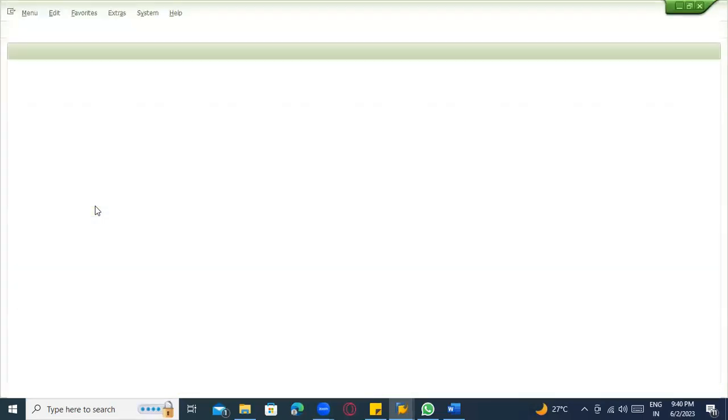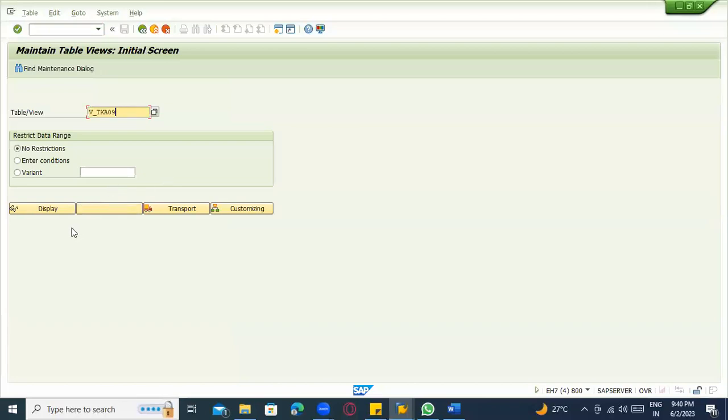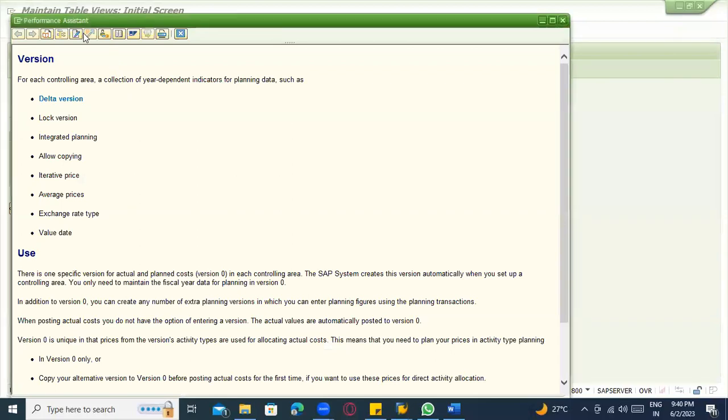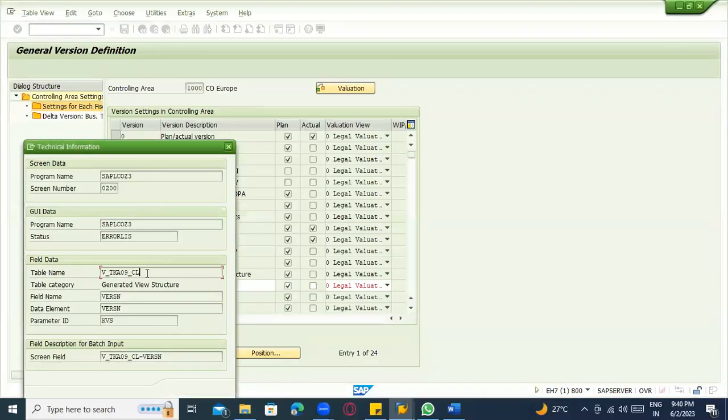In real time, you will not get this type of problem because the other modules are already configured. In case you do get it, you can give it to them and inform them this is the problem we are getting and they need to sort it out. But in this case, we don't have other modules, so we need to try to clear it. If it is not happening, then